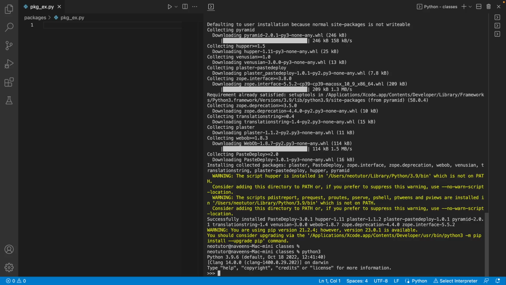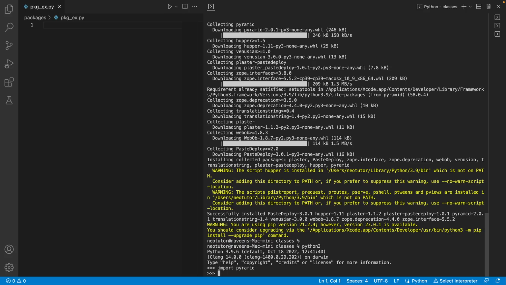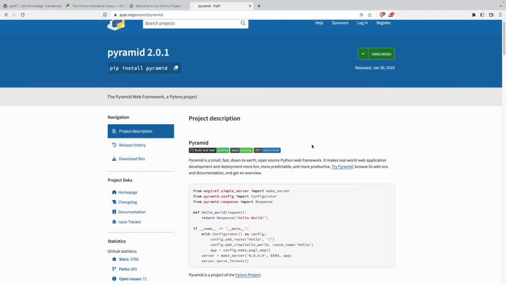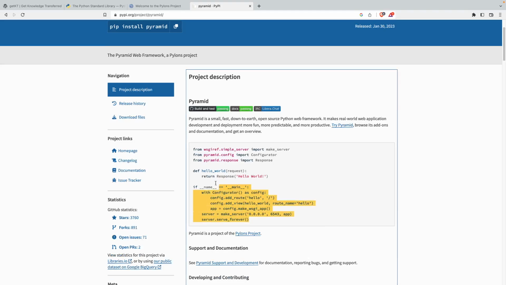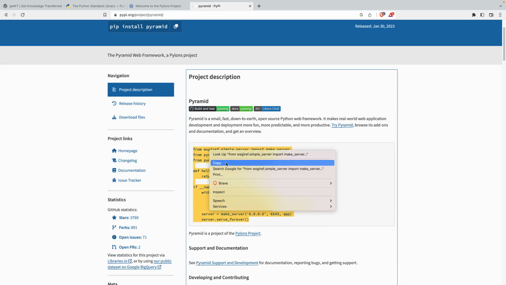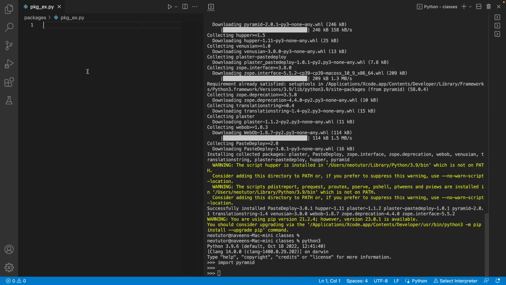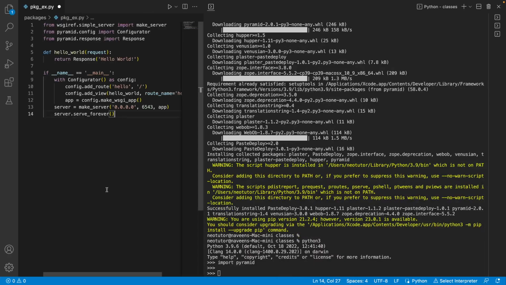And now if I go here, import pyramid, you see it is working. And now I can do all magic with that framework to build websites. And this is just a simple code they have given. Let me copy this thing and paste it here. Okay. And if I run that application,